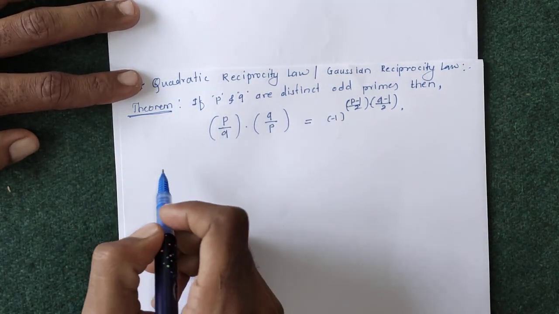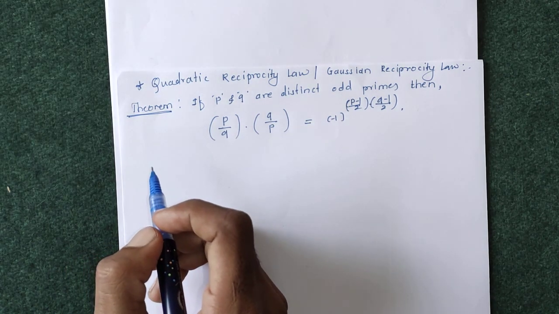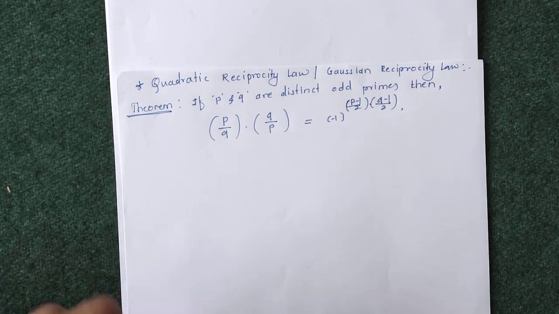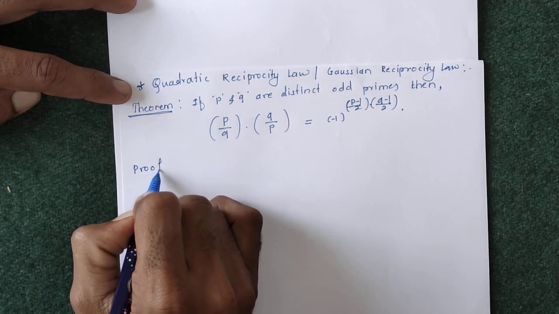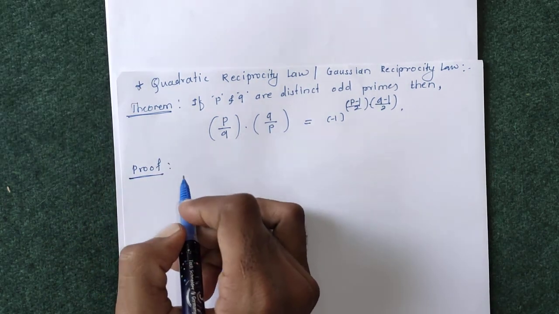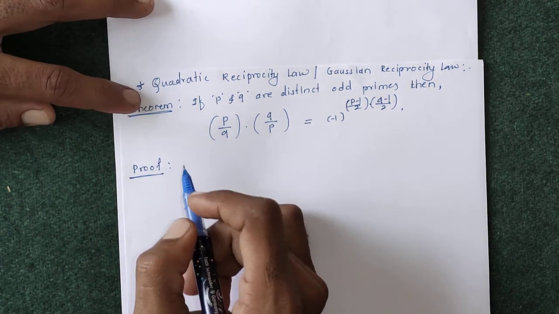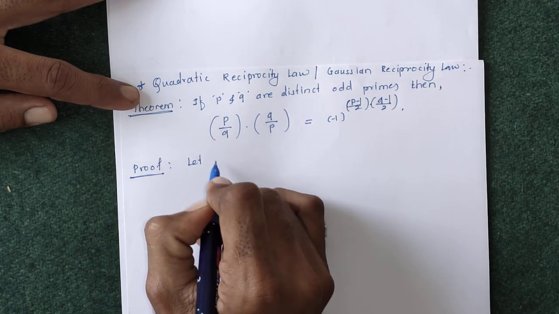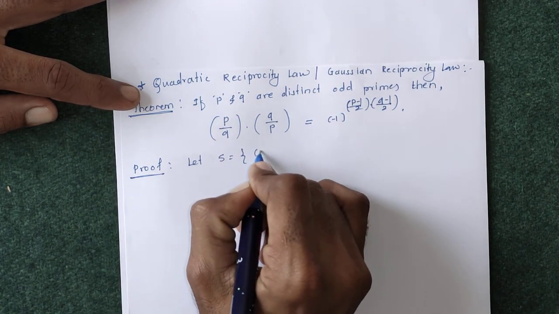In this proof we are going to construct a set. Similarly, we proved the division algorithm by considering a set. Now here again, in the proof of this theorem, we are going to consider one set. This proof is different from all the proofs that we have seen in number theory. So first of all, in this proof, we are going to consider a set of ordered pairs.